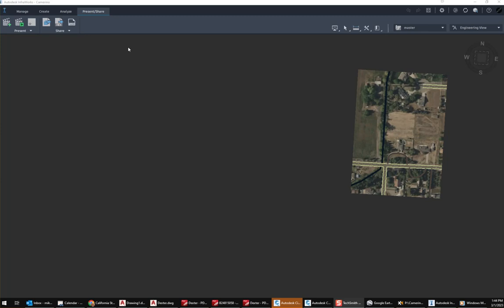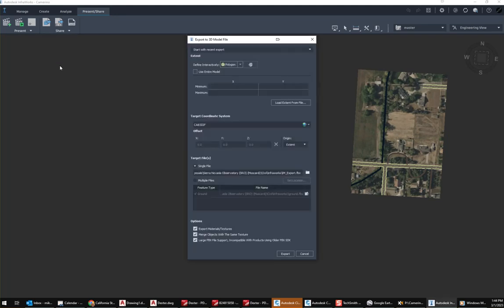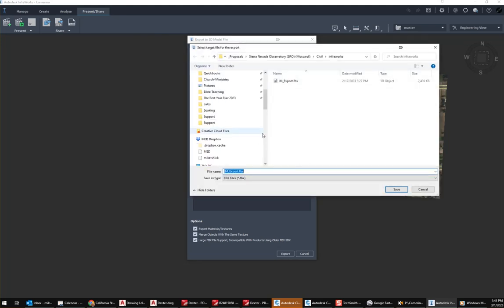What I just said is I want to present and share the model. All I did was come in here, and now we're going to go to present, share, hit share, and hit export 3D model. Okay. And I'm going to go ahead and use the entire model. I'm going to select where I want it to go. And in this case, it will be,